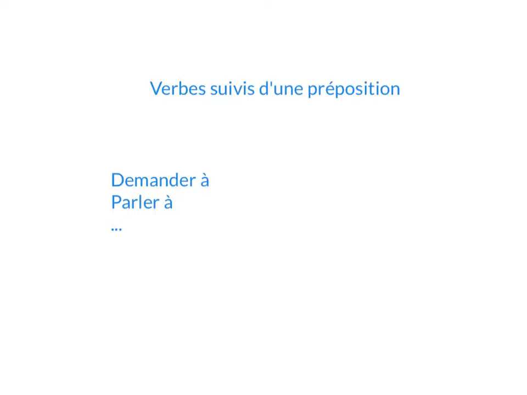So far it seems fairly straightforward. To form the passive, you put être in the tense that you need and use a past participle. But there are some verbs, however, that cannot be turned into the passive. Those verbs are verbs which take an indirect object. In other words, they're followed by a preposition. The most common ones will be demander à, parler à, or dire à. You cannot put them into the passive form, so you need to find an alternative way of doing that.